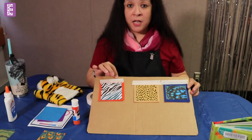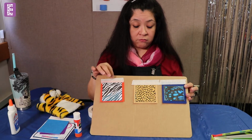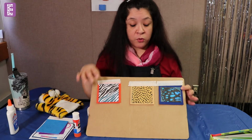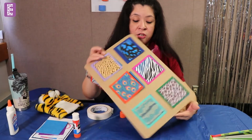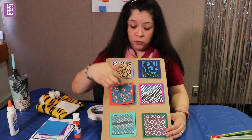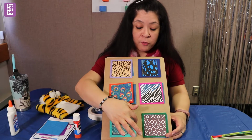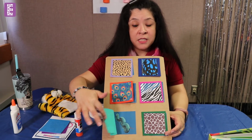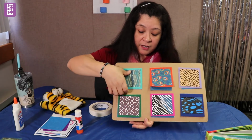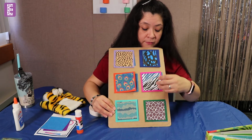You are gonna have a crayon inside of the bag, so the little ones can write either a letter on each top of the tape if you want, their name across the board. But in the end, it should actually look like this. So you have all 1, 2, 3, 4, 5, 6 animal prints, and they're matching animal inside. See, if you turn the board this way, it's gonna look like this. If you make it this way,